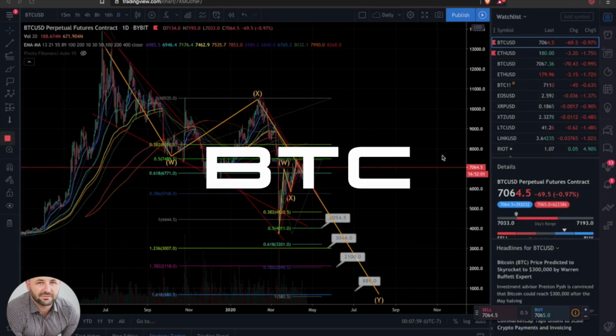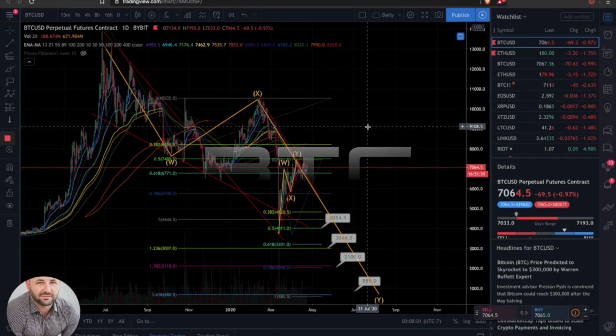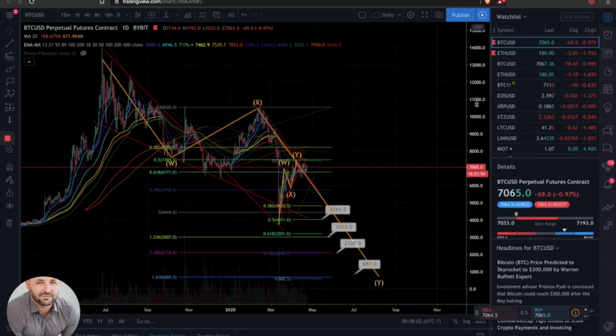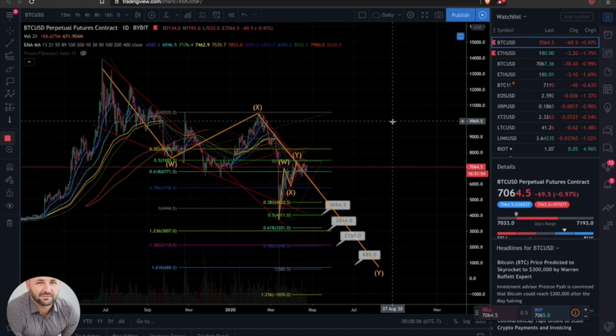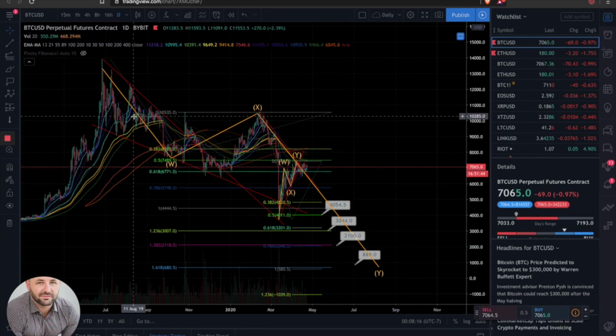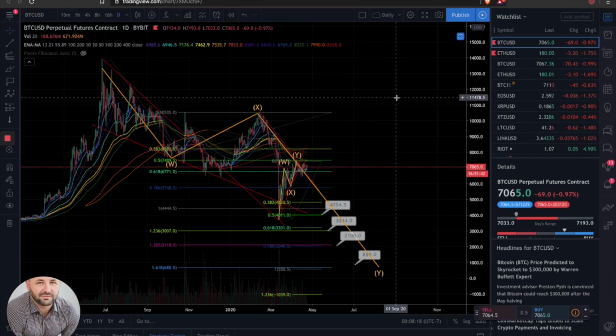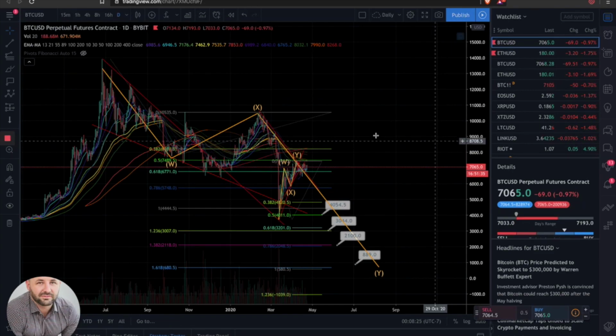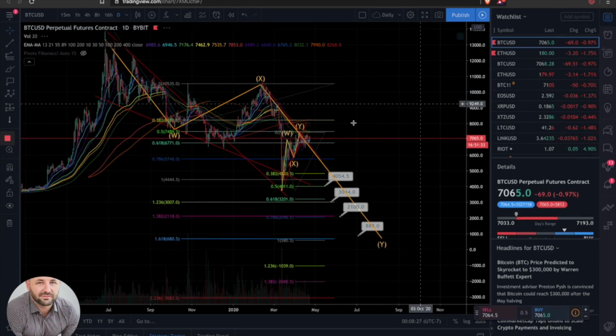So let's dive into a little bit of Bitcoin. Again, kind of starting off at the daily, looking at the macro. I'm looking at this overall move down as a WXY potentially. It could be a little bit more complex into a WXYXZ, depending what we're looking at, really how detailed we want to go with it. But overall, complex correction down, which ultimately, based upon what we have here, we would need another leg